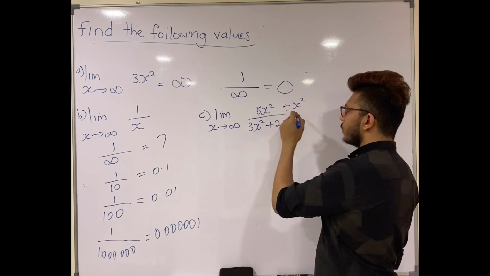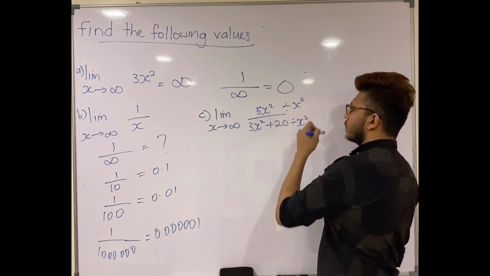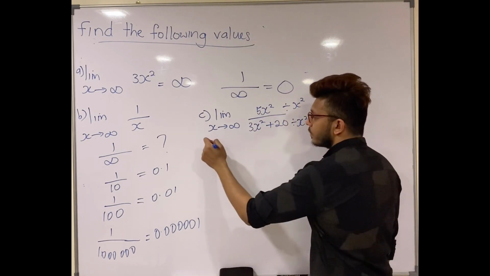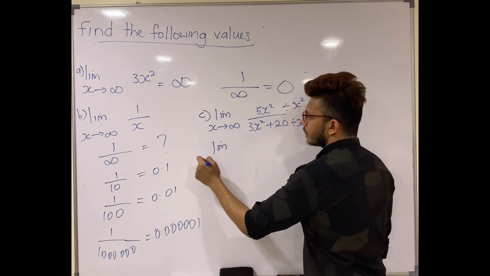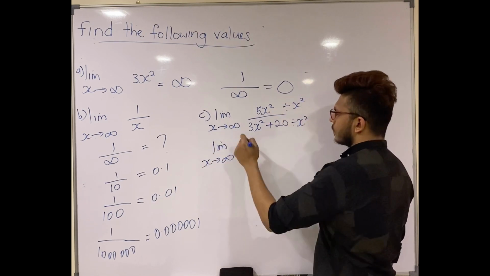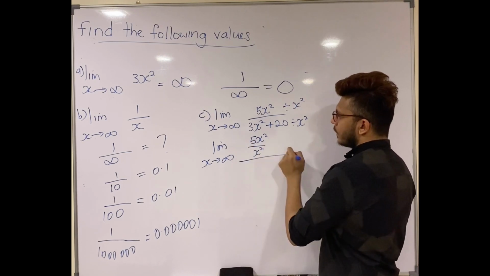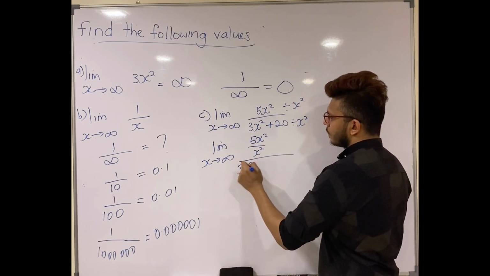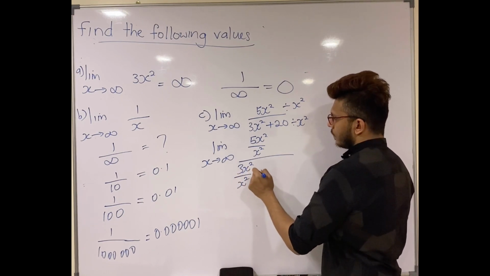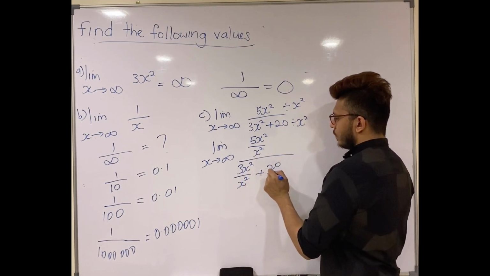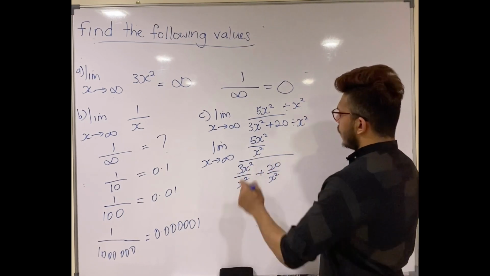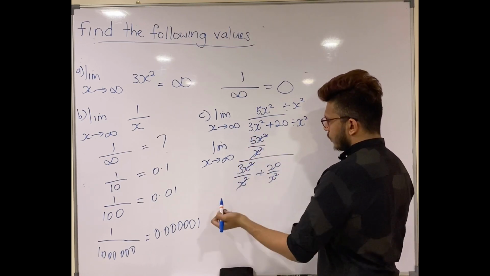So, it's going to be x squared. Divide by x squared, and the entire thing is over x squared. Okay. So here I'm going to cut this off. So that leaves me with